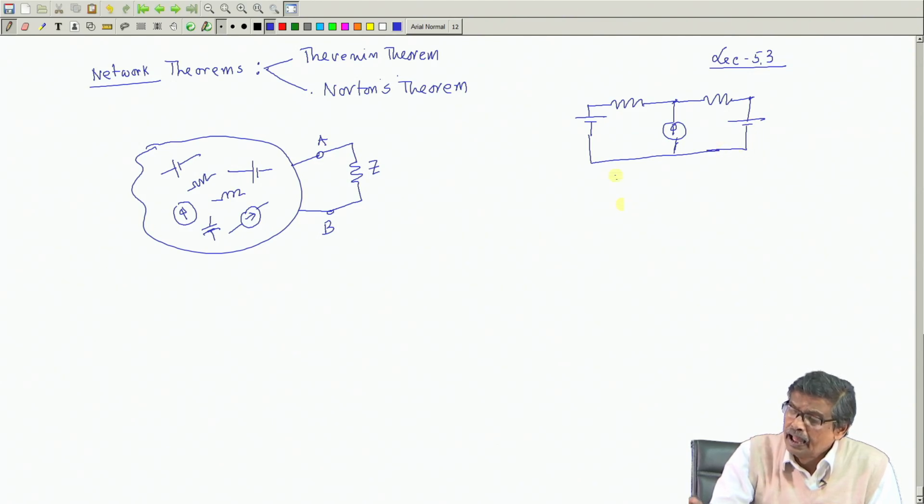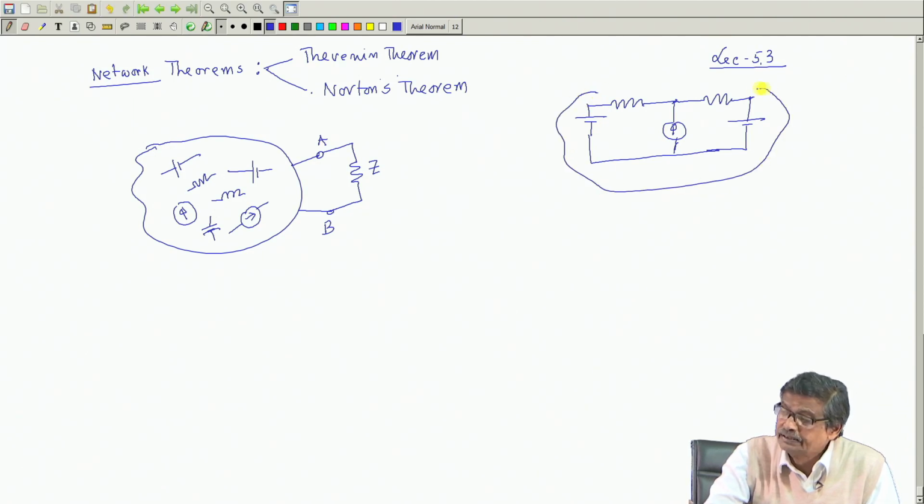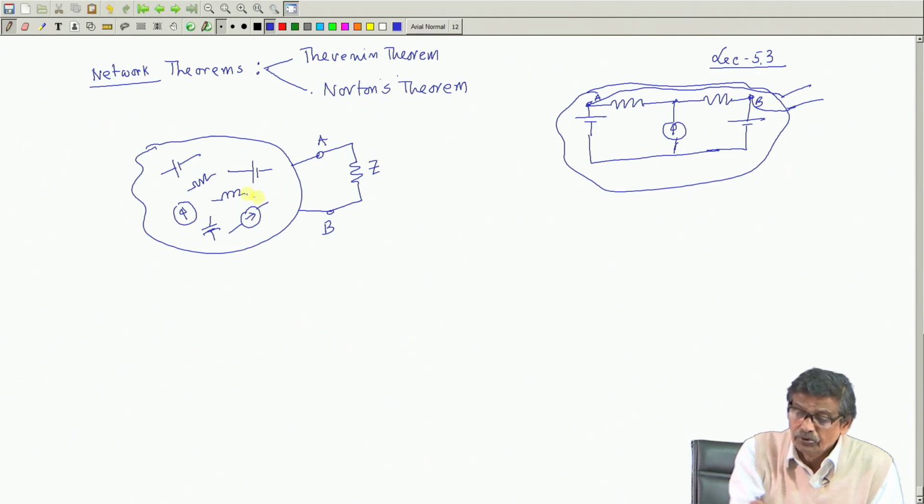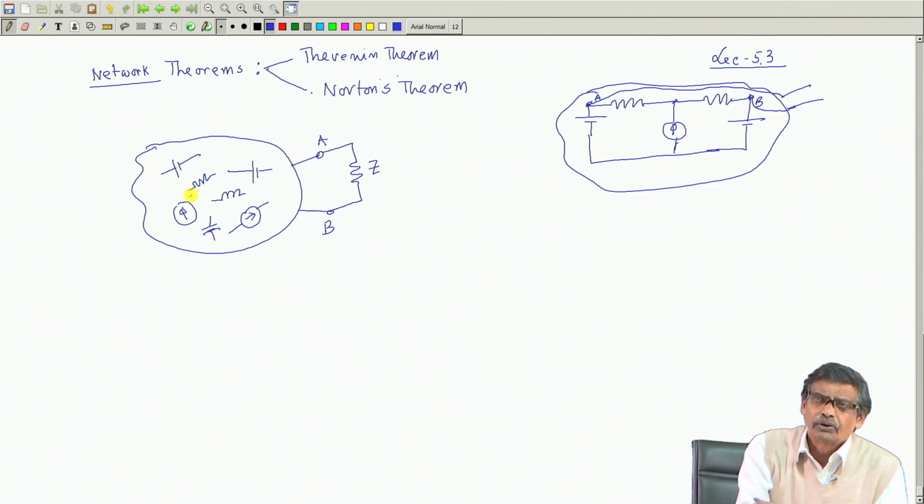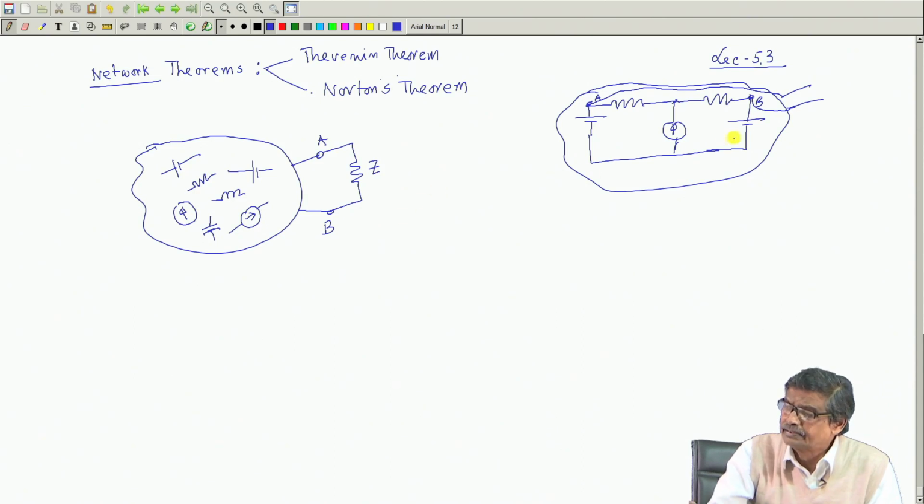Like this, and these are the 2 points. So, this is this part, inside part, and these 2 points could be, this is A, this is B. Okay, are you getting? This is A and this is B. So, inside this interconnection I have not shown. Generally, it can be connected in various ways. So, an example is this one.